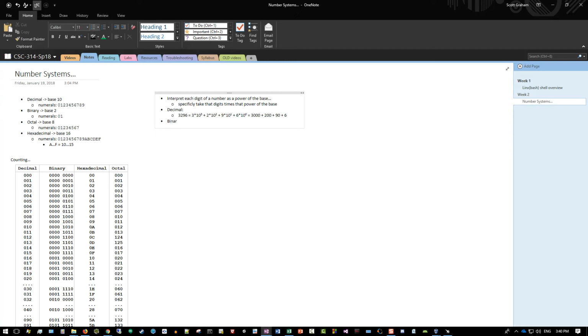Now in binary, it's the same thing except you're working with powers of 2. So if I have 11011101, let's say, then what does that equal to? Well, that's going to be 1 times 2 to the power of, let's see, 0, 1, 2, 3, 4, 5, 6, to the power of 6. All right,